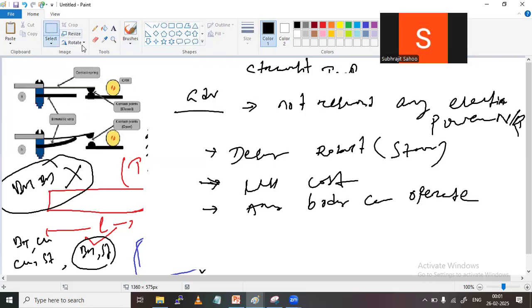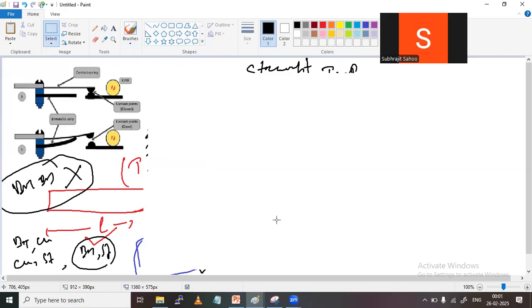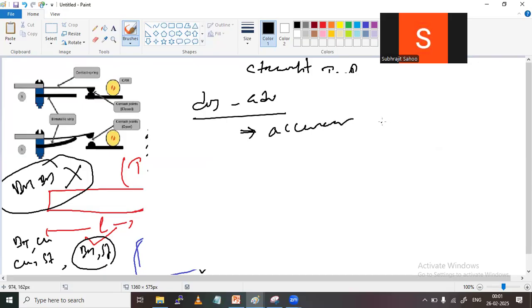What are the disadvantages here? The first one is the accuracy issue. Accuracy issue will come, because every time the metal will be bent either in the top direction, bottom